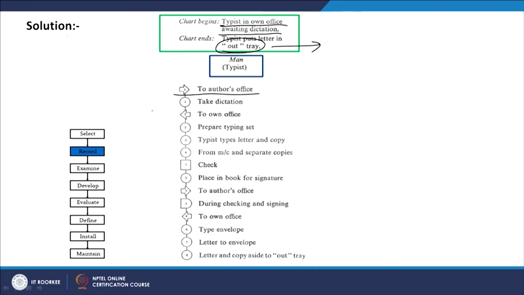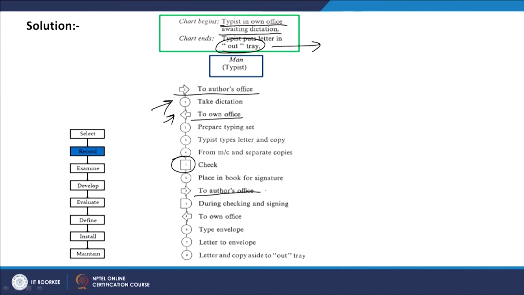There take dictation, which is, you can say, an operation, then go back to own office, which is again a transportation symbol, prepare the typing set, typist types the letter and copy from machine and separate copies. Maybe first he types the letter, then makes copies on a machine, that is a photocopying machine, then inspect whether the things are okay or not, place in the book for signature because he has to get the things attested by the author.